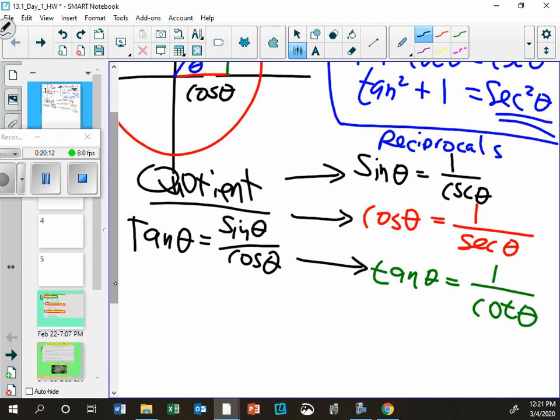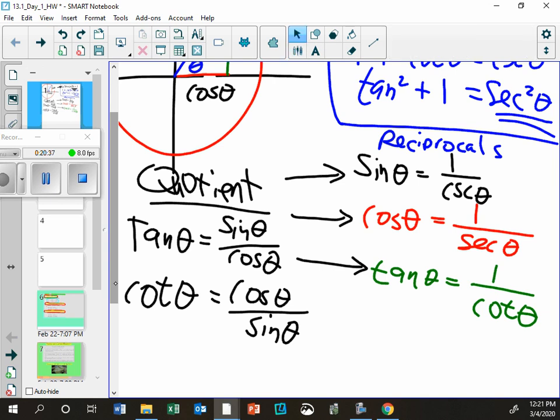Oh, it's killing me. I know you know. Anybody else want? You have to bring in a new function, otherwise what's the point? You've got to have some new function that's related to these guys. What do you think? Yes, cotangent is cosine over sine. Why? Because we just basically did the inverse of both sides. And at least we got a new function in it. We now have a cotangent.